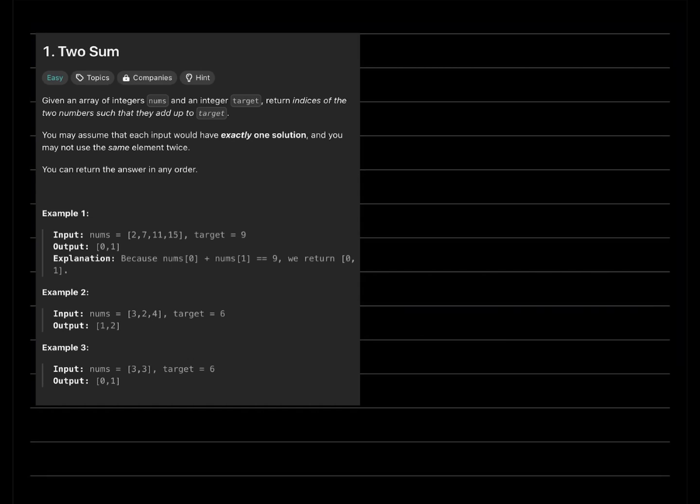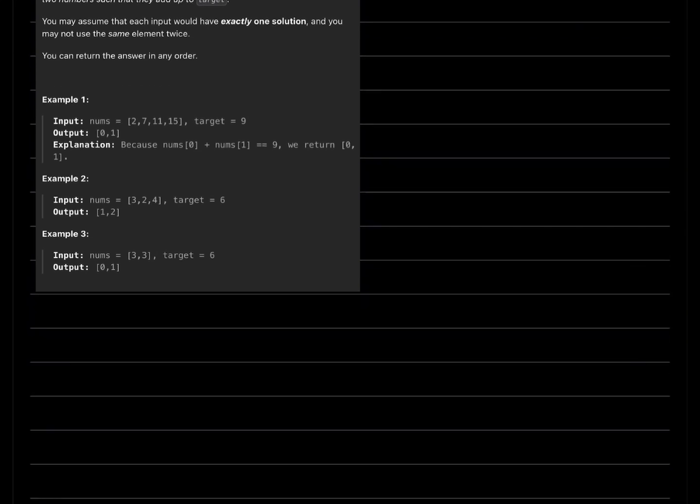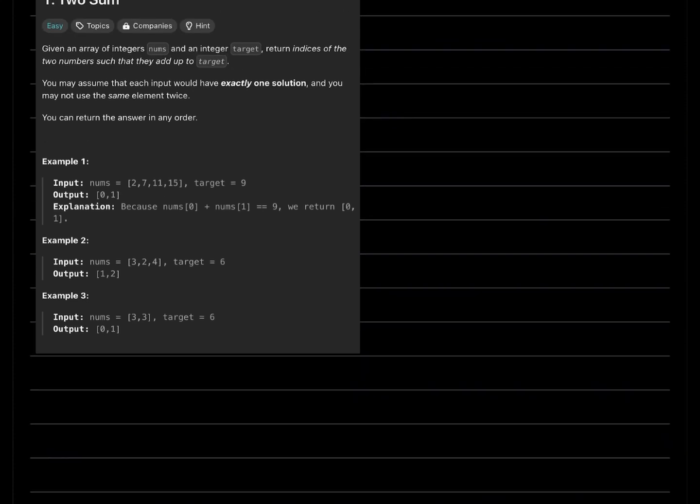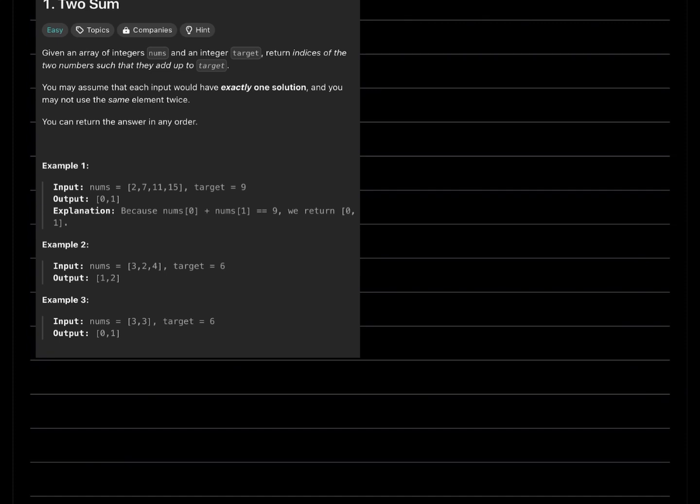So in this two-sum problem in LeetCode, given an array of integers nums and an integer target, return the indexes of the two numbers such that they add up to target. You may assume that each input would have exactly one solution, and you may not use the same element twice. You can return the answer in any order, and they gave us three different examples of three different arrays and the targets. So one thing we can think of is the brute force solution,